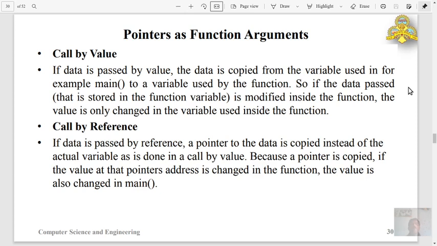There are two types of functions. One is library function, another is user-defined function. Library functions are the functions provided by the compiler itself. That's the developer of the compiler, and to use that we need to include the necessary header files in our program, and just we can call it. For example, mathematical functions such as power, square root, and also string functions such as string length, string copy, etc. These are all library functions.